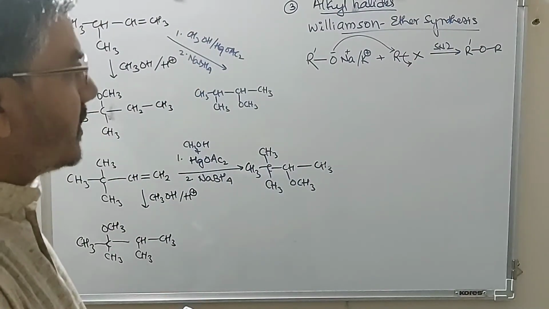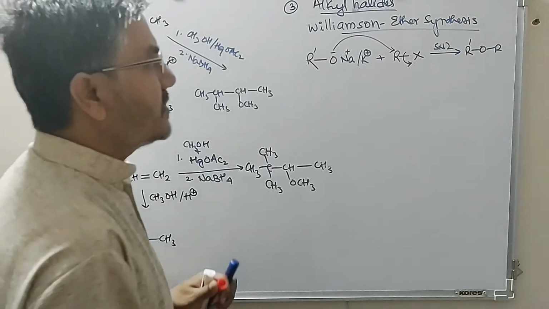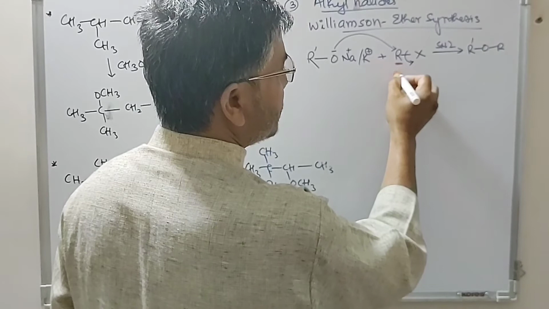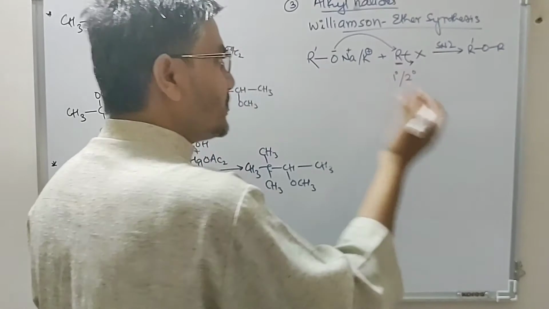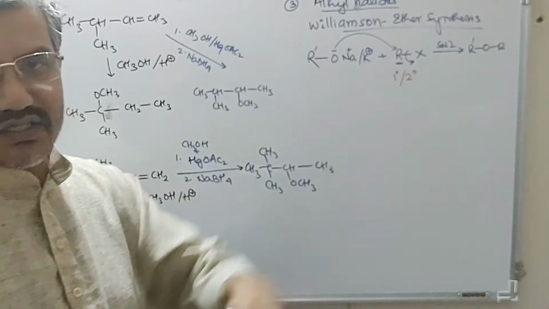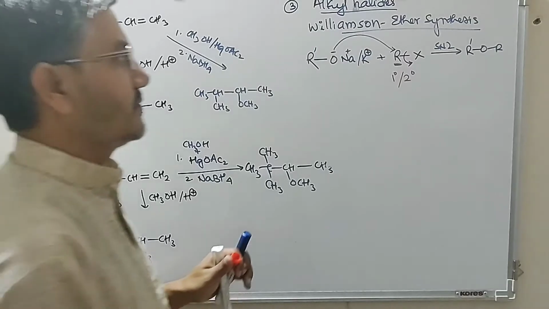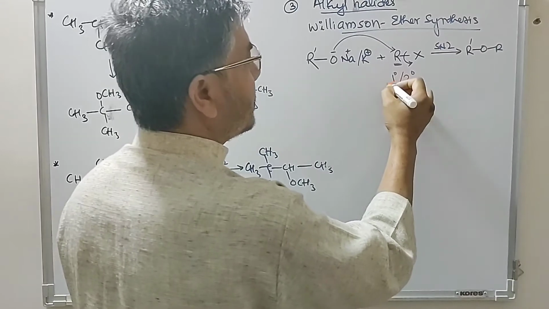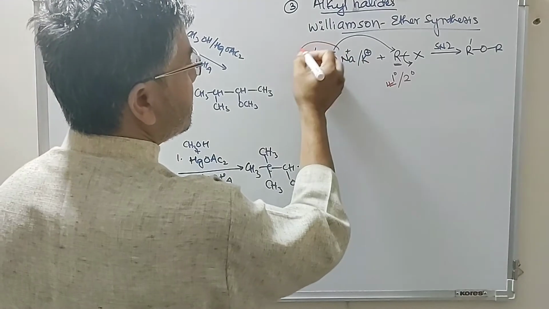So look at this. In this reaction, the mechanism is SN2. SN2 reaction requires that the alkyl group present here must be primary and sometimes secondary. It's better to use primary alkyl halides only. If we use secondary or tertiary, then the major product will be an elimination reaction. The best yield comes from the use of primary alkyl halide, and this is alkoxide,